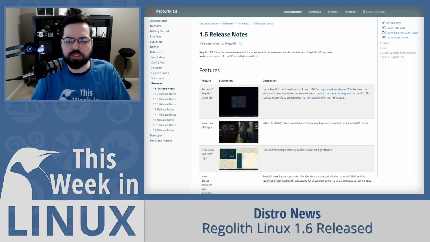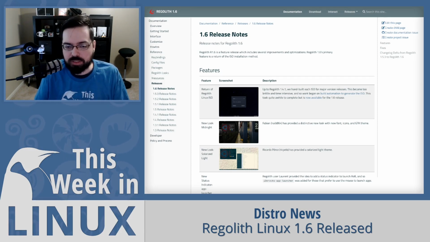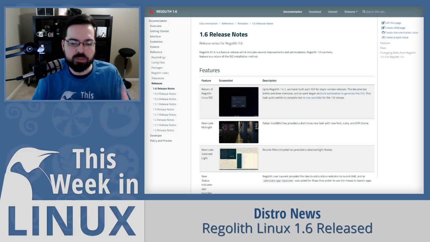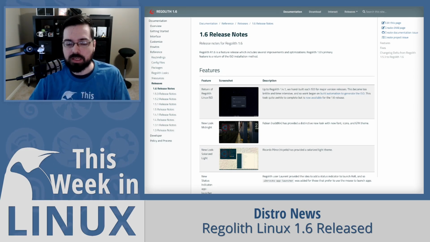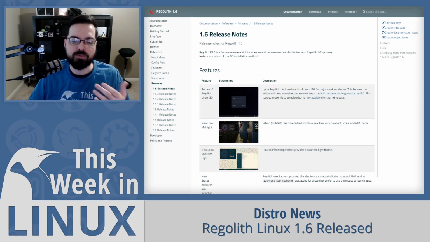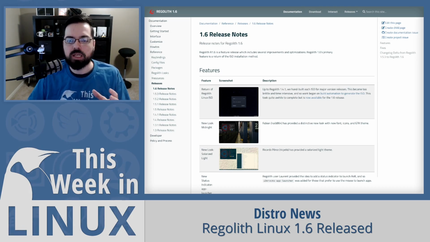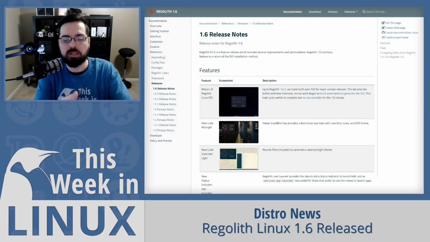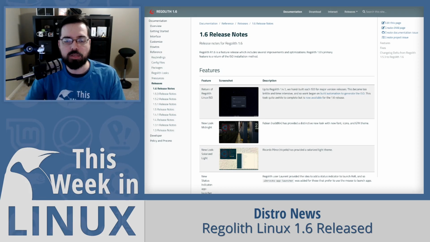So the latest version, 1.6, has some updates. There's a new status indicator for the app launcher, which makes it possible to easily use the mouse to open Rofi, which is a window switcher and application launcher type of thing. And they've also got new themes, or as they call them, looks. They have a new one called Midnight, and another one that's designed for the Solarized design, which is Solarized Light. So that's available. And also, if you're not familiar with the Regolith structure, you can not only install the distro, you can actually install the Regolith packages on top of your existing Ubuntu installs, so you can try it without having to do a full fresh install, which is pretty cool.